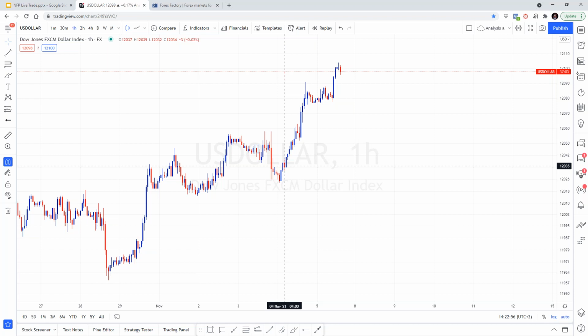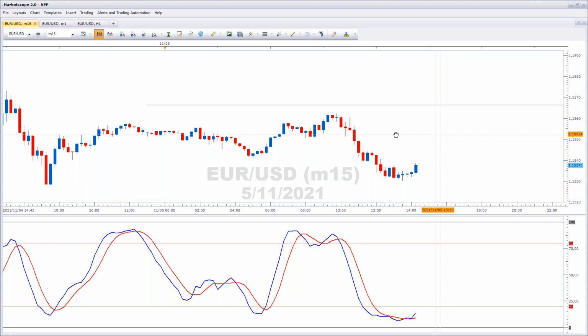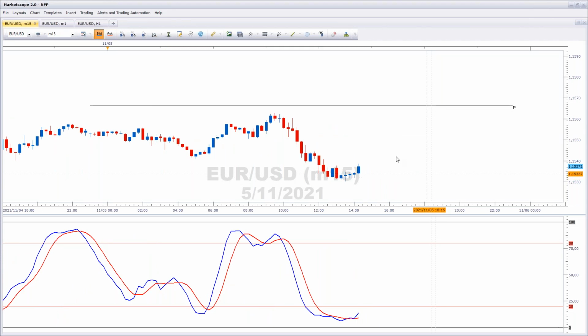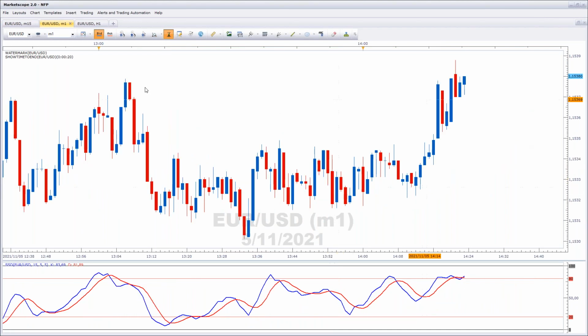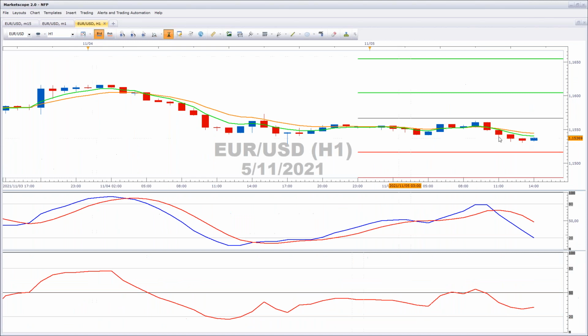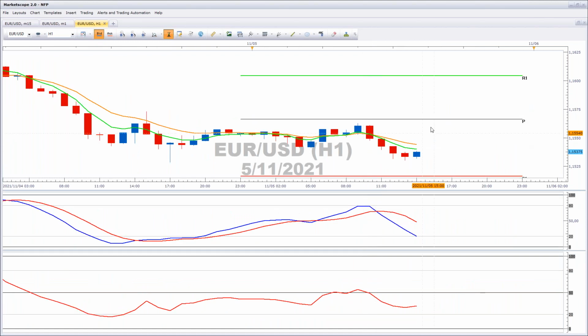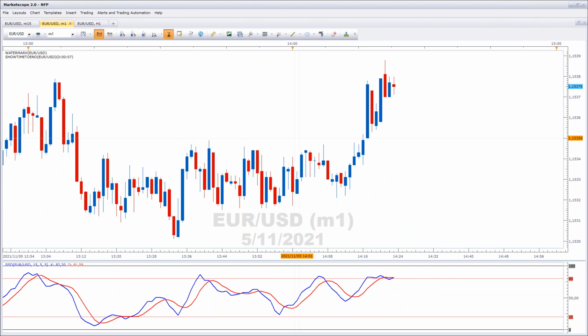So we'll trade Euro US dollar. It's the most widely traded currency pair. What we have here is the 15-minute and the 1 minute. We'll be looking predominantly at the 1 minute during the trade. And then the hourly also serves a purpose because we can just see where the pivot areas are. These pivot areas usually come into play, so we'll just keep an eye on that. And we've got 7 minutes, and then we'll get the non-farm payroll release.